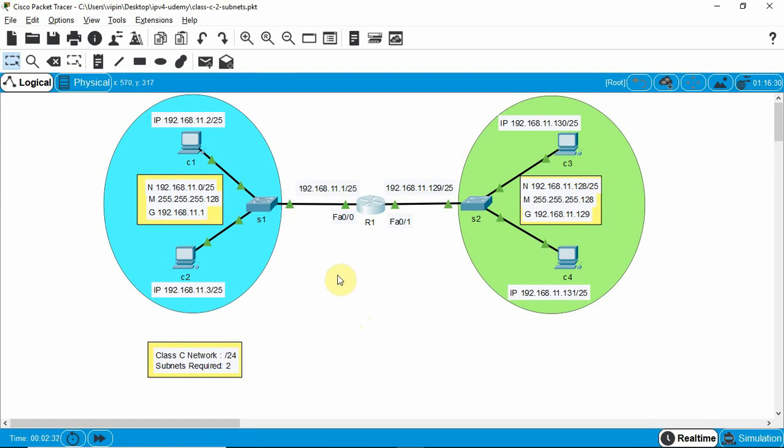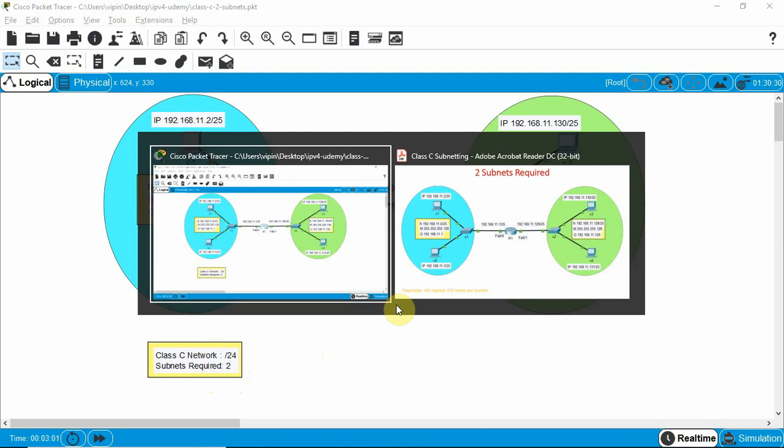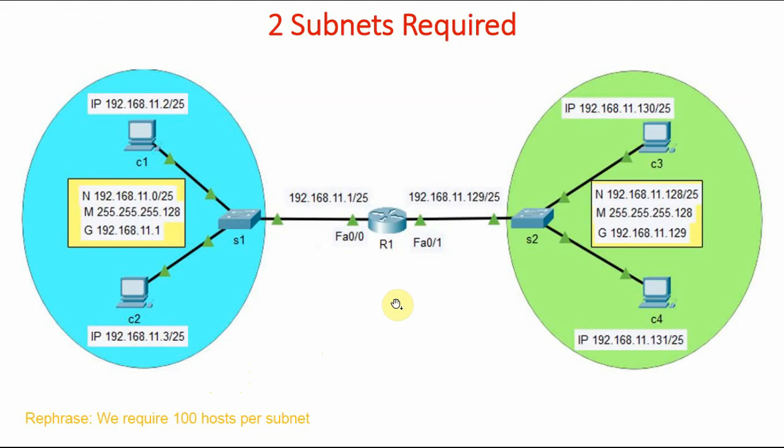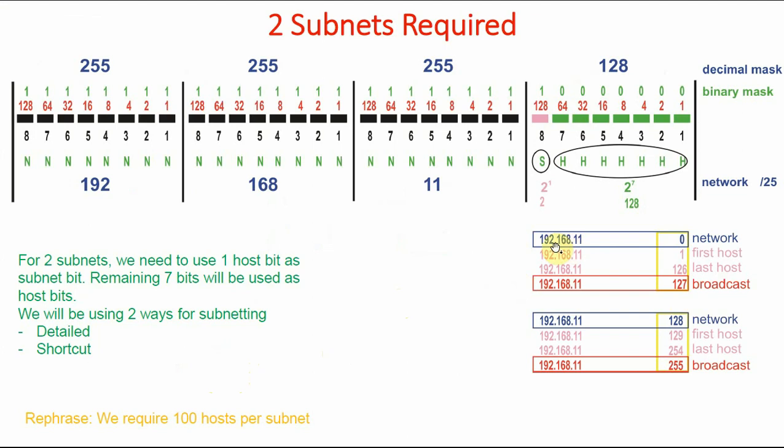Now here we are showing that we have got two different subnets available. That means we have a class C network, whose mask is denoted by /24, and we require two subnets, or in other words, we want 100 hosts per network. We have already seen when we calculated that we have two different networks available. If we go into the slides, we have two different networks available,